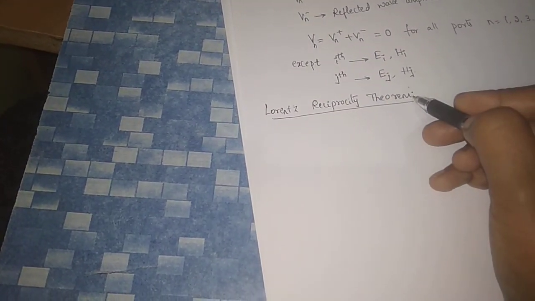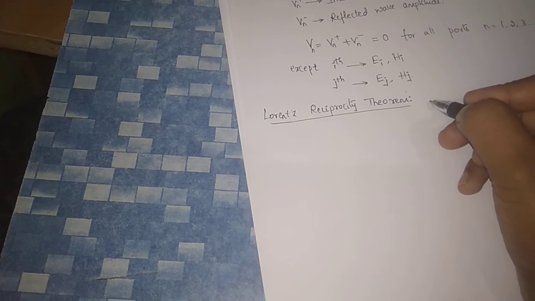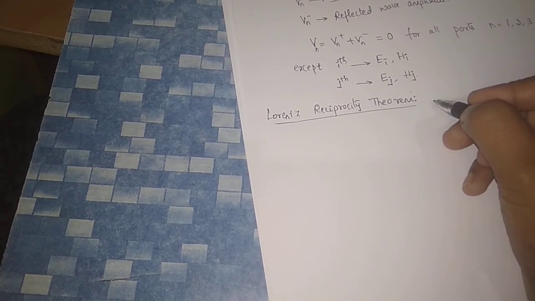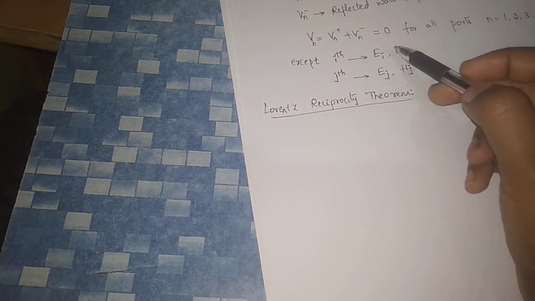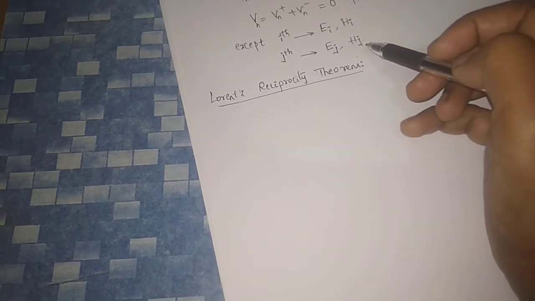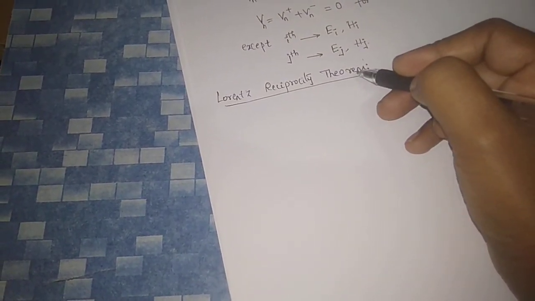Here we are considering the Lorentz reciprocity theorem. So that is, considering a volume containing two sets of sources, that is the i and j port, which each produce the fields Ei and Hi, Ej and Hj. So from this theorem we can write